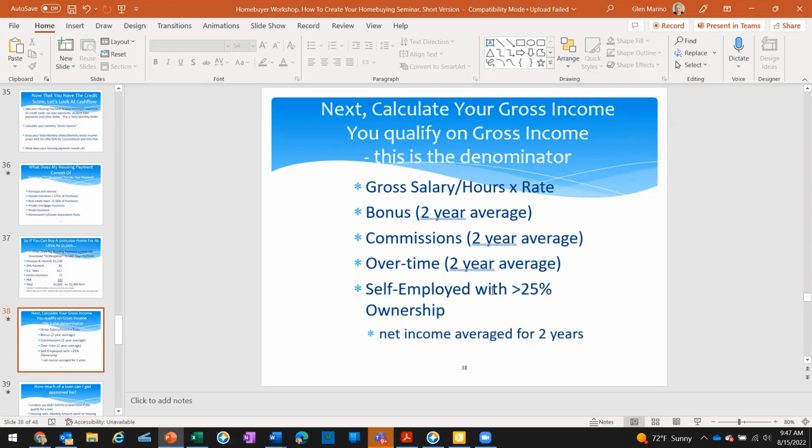If you're self-employed, which we define as someone who owns more than 25% of an entity. If you own less than 1% of IBM, you are not considered self-employed in owning part of IBM. But if you own more than 25% of a restaurant or 25% of a widget maker, you're considered self-employed, and we will look for the tax returns and we will average the net income of that company for the last 2 years. Say you own 25%, we'll give you 25% of the average net income of that company as additional income, on top of whatever other sources of income you have.